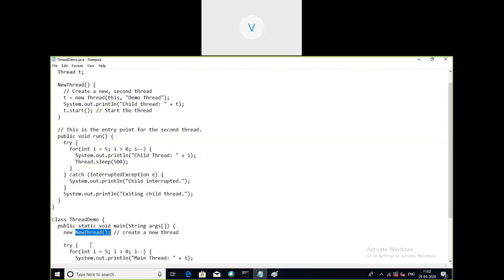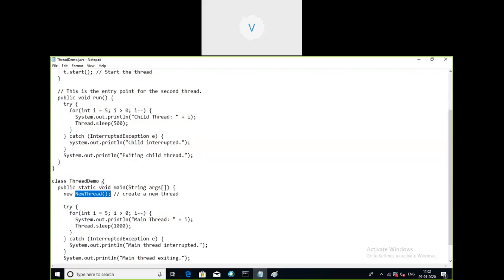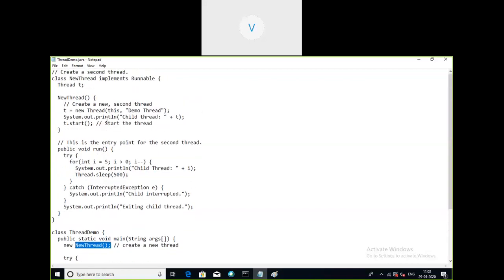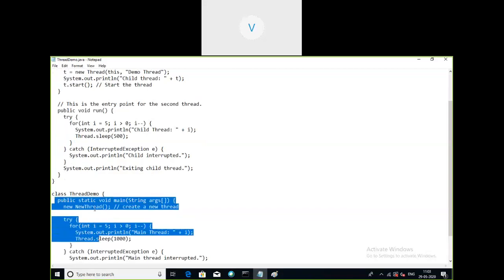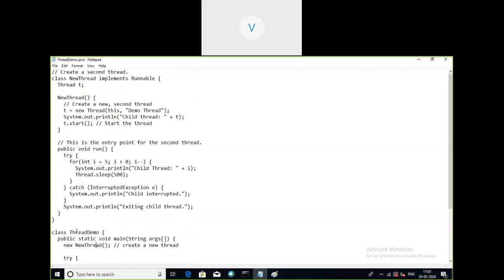Here the main thread is already executing, but as a part of the execution of the main thread, we are calling the NewThread constructor. That means we are creating one more child thread.